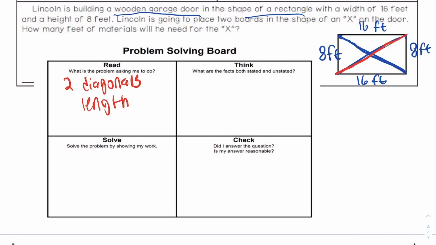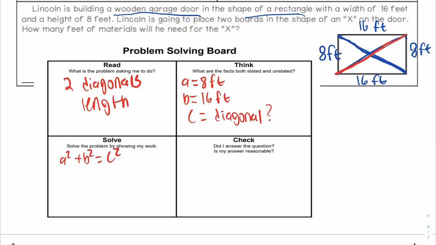The facts are A is 8 feet, B is 16 feet, C is the diagonal, and we need to find that number. So we're going to use the formula for the Pythagorean theorem. A squared plus B squared equals C squared, which means 8 squared plus 16 squared equals C squared. C squared equals 320 feet squared. And then when we square root,